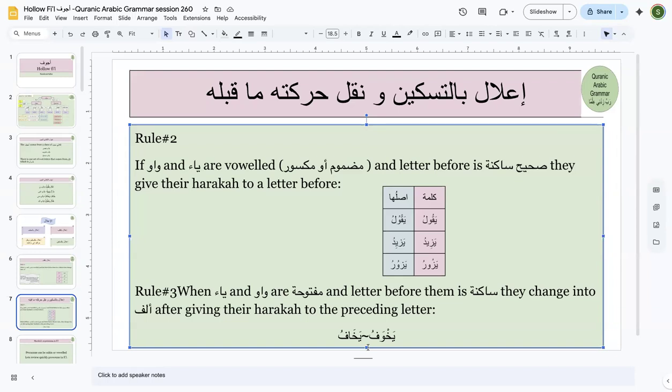Now there is an application of the rule of qalb, right? How many of you are with me? Is this clear to all of you? That rule number 2 is different from rule number 3. In rule number 2, there was nakal with taskeen, but in rule number 3, we are seeing nakal and qalb. Okay? I hope you're all with me so far. Alhamdulillah.